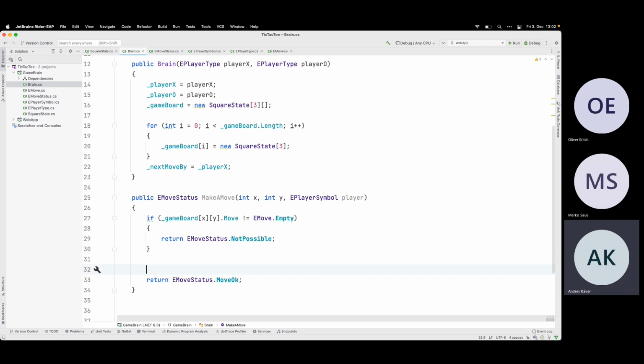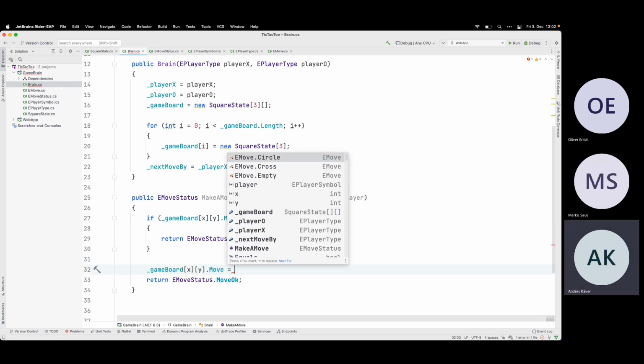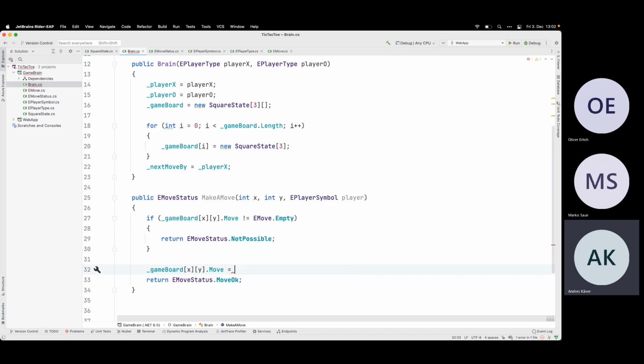Okay, if there is possibility to go there, then game board XY move equals to the something. And now it's either a circle or cross. And then it depends on the player.